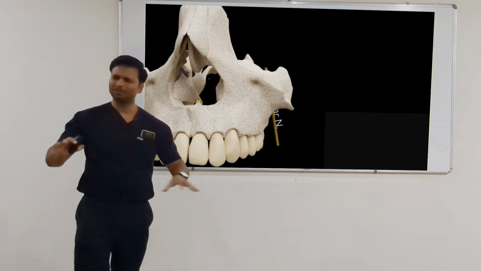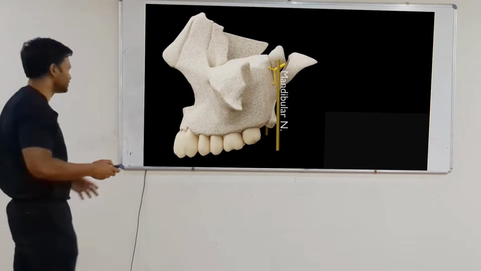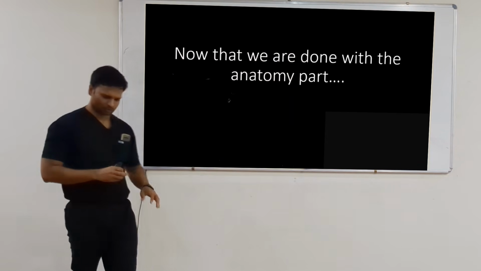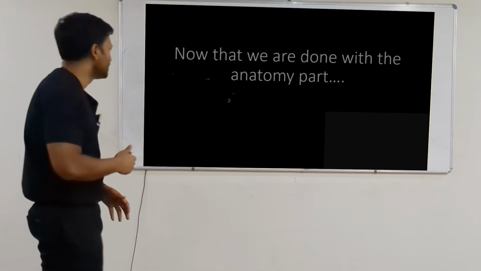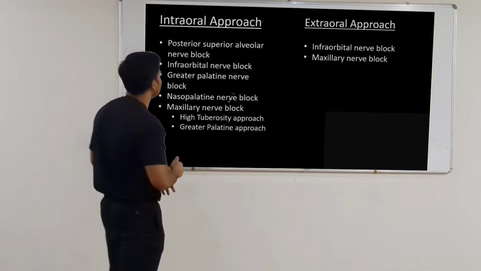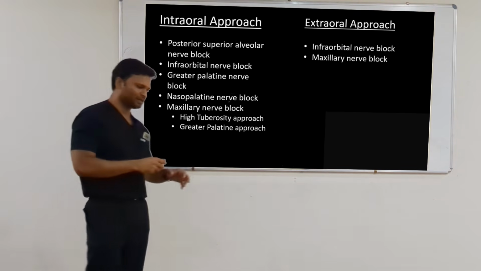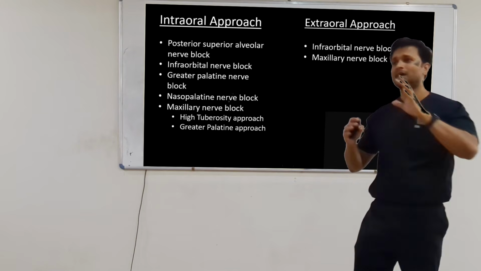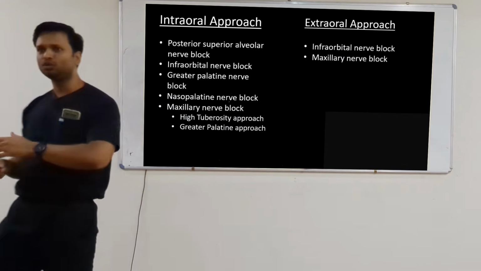ये जितनी चीजें बता रहा हूँ, these are going to come into play in the actual nerve block technique and the complications. So we have the mandibular nerve block here. So now we are done with the basic anatomy part, that is the relevant anatomy. We're going to start with the PSA nerve, or not PSA. First, these are the blocks that can be given. There are many more blocks apart from these ones, okay? But these are the ones जो आपके लिए sufficient and these are the most commonly used blocks.